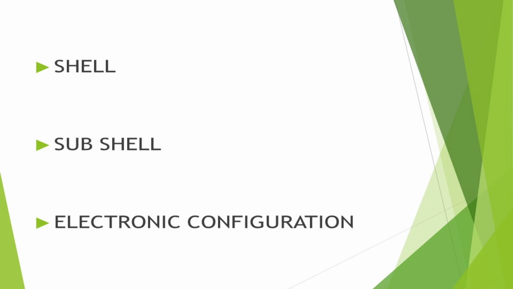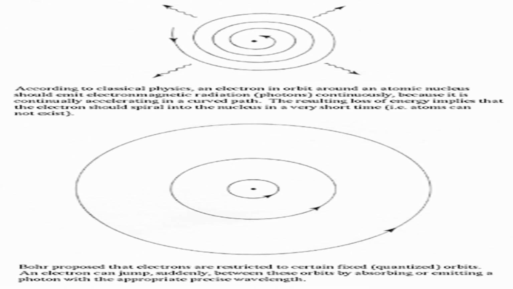Okay, children, this you might have learnt in your lower classes. Anyhow, I'll explain it to you once again. These are the basic things we should know clearly before we study about the elements. This is the present expected form of the structure of atom, in which you know that the electrons revolve around the nucleus of an atom in fixed orbits or shells.